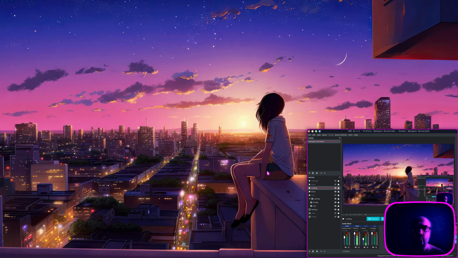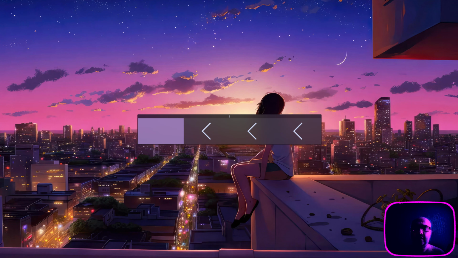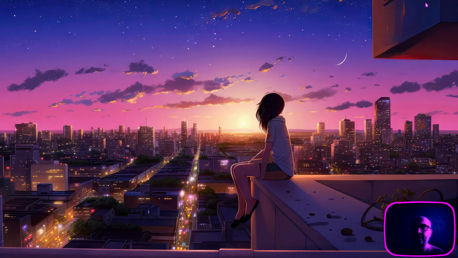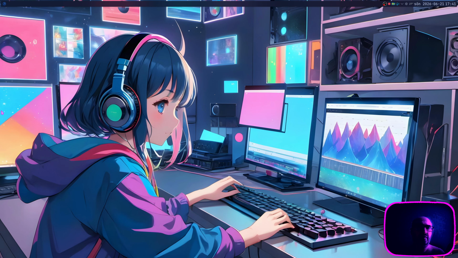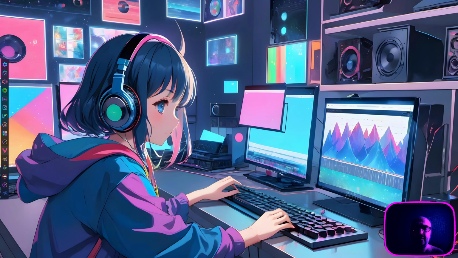So with these things out of the way, let me show you really quickly what has been going on so far. This is my top panel with my own customizations. This is the application launcher, and this is my dock. And today I'm going to try to load the system, first of all with a game. It's called Final Fantasy XIV. I'm not going to play it, just show you a bit around, and then load some more apps, and then we will see a little bit of the performance and the customization, and hopefully nothing will crash and everything will